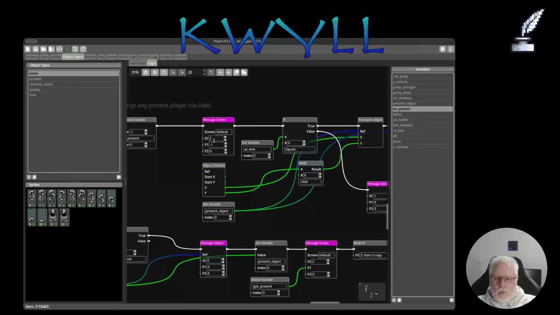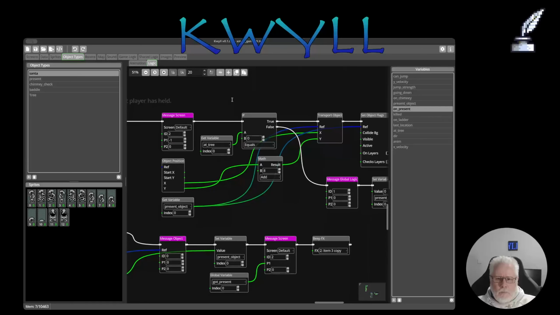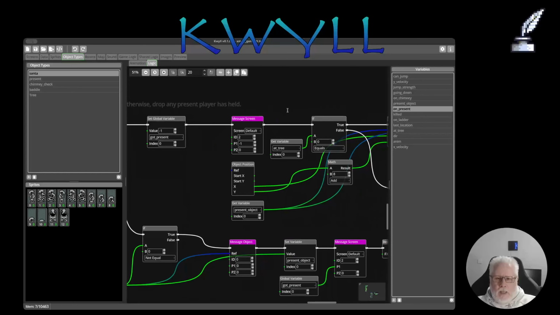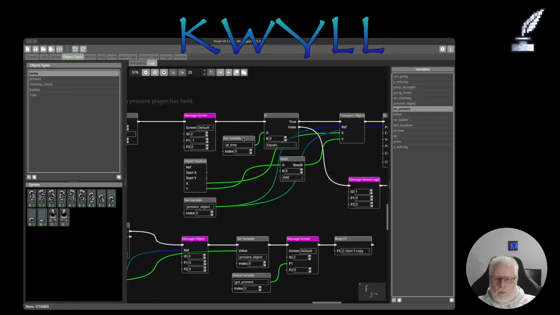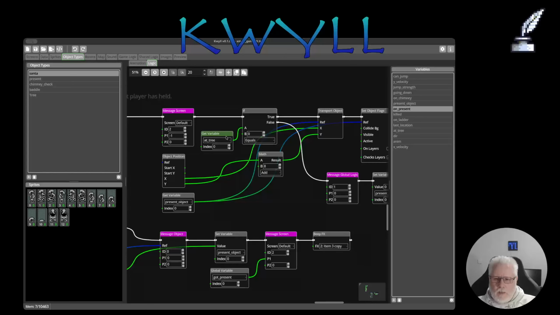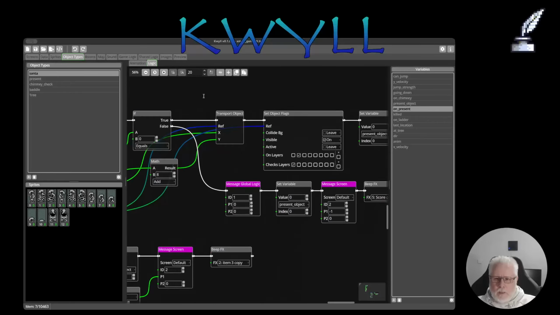It messages the screen with ID2, which tells the screen to print up the present that you're currently holding and sets it to -1, which the screen logic will recognize as not holding any present. And then it will move the present that you were holding. First of all, it will check to see if you're at the tree. So this defines what happens when you drop a present at the tree versus anywhere else in the game. So if you're at the tree, the first thing it does is